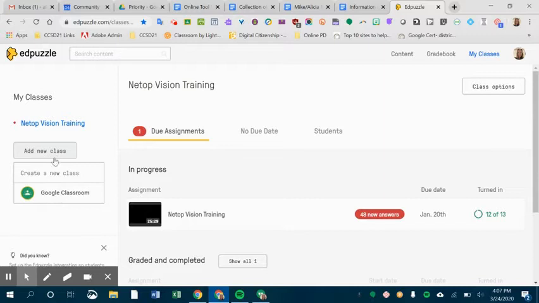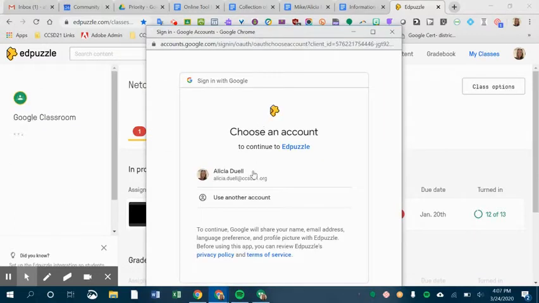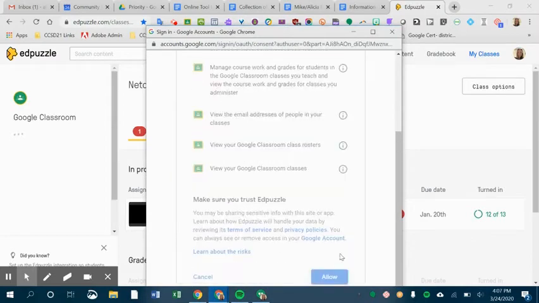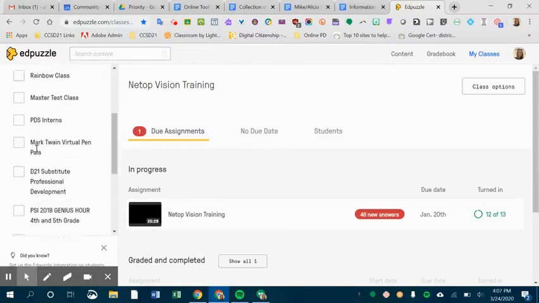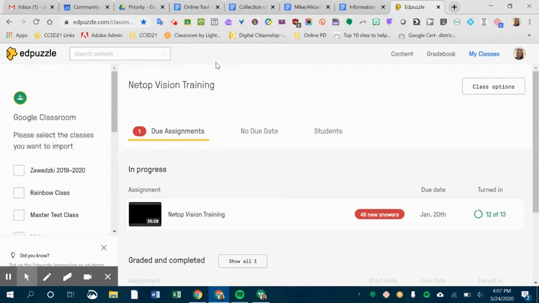So just click Add New Class, Google Classroom, and then you'll be prompted to choose which Google Classroom you want to assign. And so it'll take a minute. Okay, here are all of the different ones that I have. So I could just choose, and then I will be able to have those students actually be in my Google Classroom. So when you have students actually sign up for Edpuzzle, they would sign in with Google, and then they'd be immediately connected to your class. So that's probably the most straightforward way